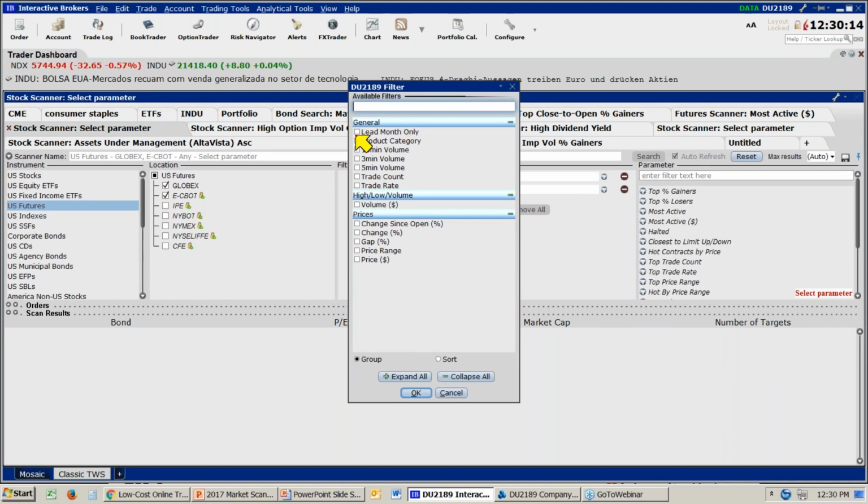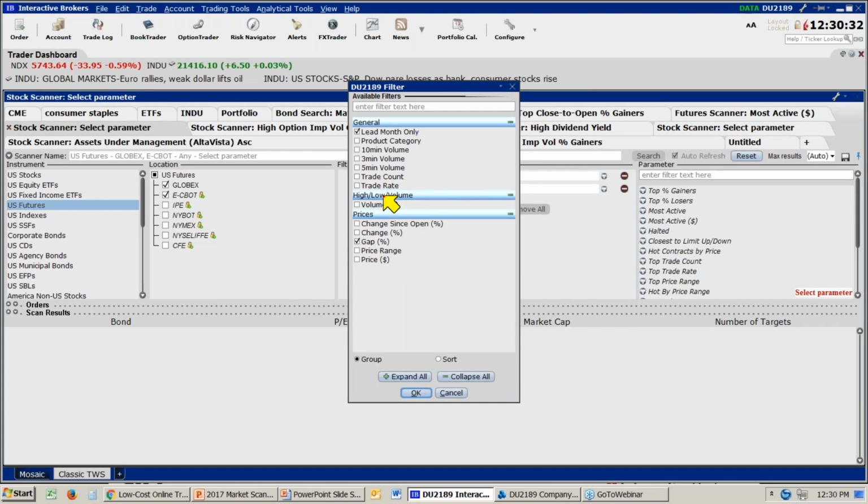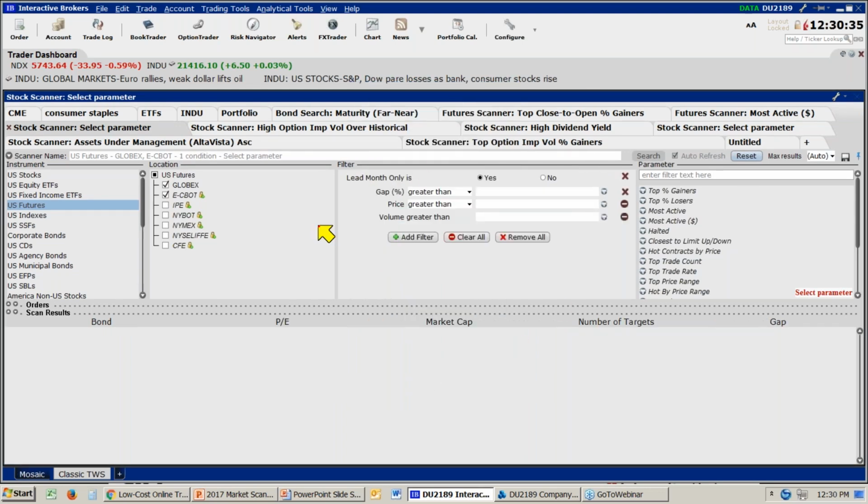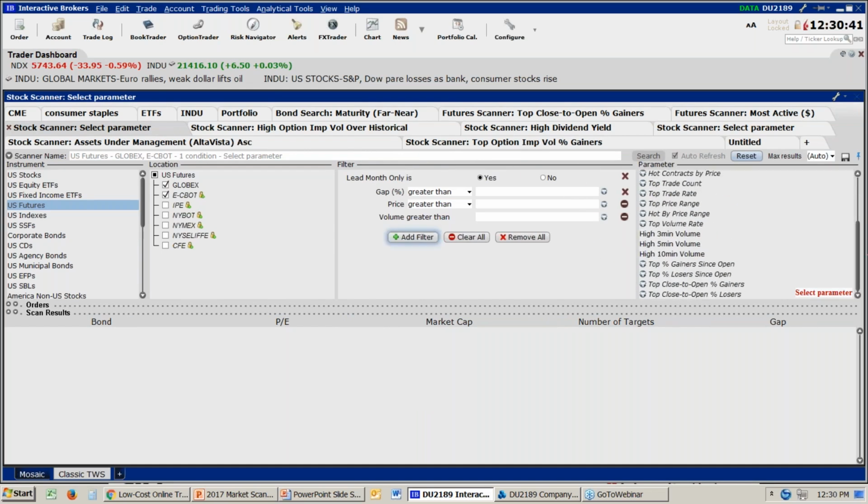Okay, now let's go back, and what I'm going to do at this point is start once again going into our scanners, and this time I'm going to choose a blank page. Now I did want to point out, let's go in, for example, into U.S. futures. Now, U.S. futures, you'll see the various locations are indicated, but also notice here, I don't subscribe to all